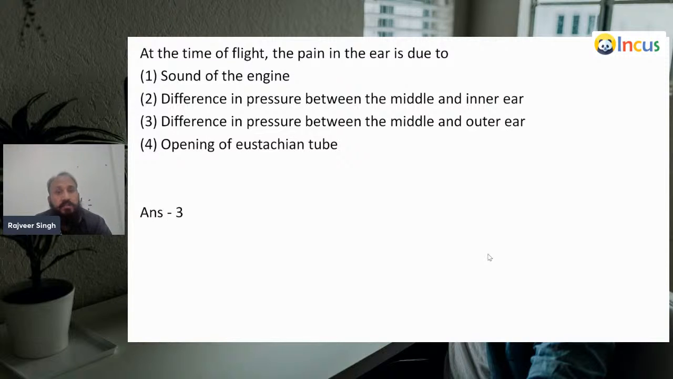Now the next option, differences in pressure between the middle ear and inner ear. No, this is not right. Differences in pressure between the middle ear and outer ear. Yes, this is right, because this pressure gradient is created between the outer and middle ear. So our answer will be the third, not the fourth, opening of the eustachian tubes. Now let me explain